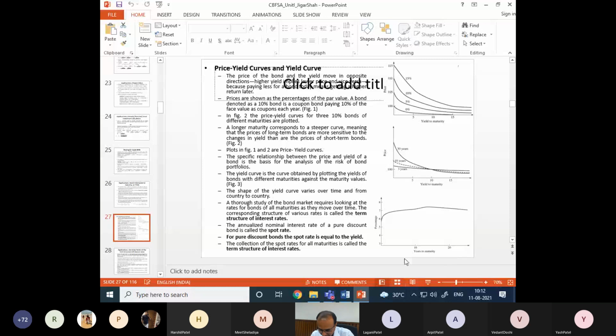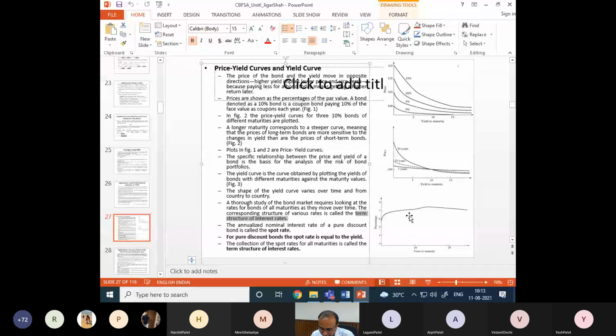So these maturities are on the x-axis and their yield, that is yield to maturity in percentage, on the y-axis. Okay, and we are plotting this graph for all different bonds available in market. So this is not for one bond, it is for all different bonds available in market with different maturity period, and we plot their yield to maturity, and whatever pattern we get, it's called the term structure of the bond, right? It is called the term structure of the interest rate also. Term structure of bond or term structure of interest rate of bond. Actually, it is related to interest rate of bond. So it is called term structure of interest rate.